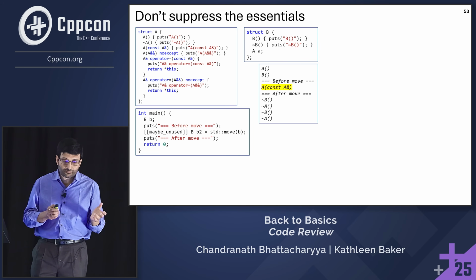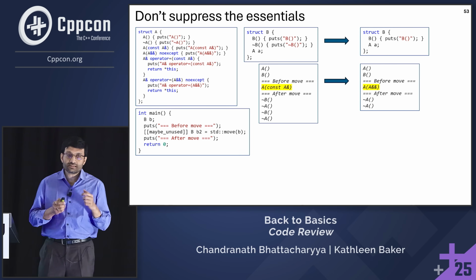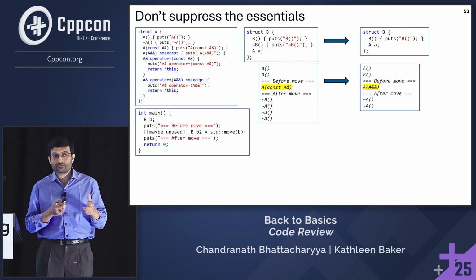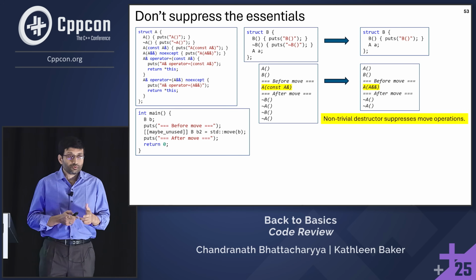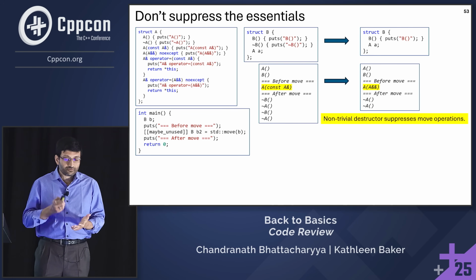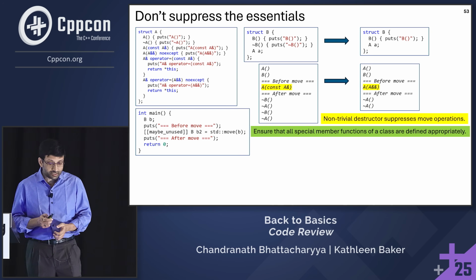So what is happening? First, let us try to lose the destructor, okay? And then see the output. As you can see, in this particular case, when we don't have the user-defined destructor, the move construction is happening. So a user-defined non-trivial destructor suppresses the move operations, which brings us to a guidance that,